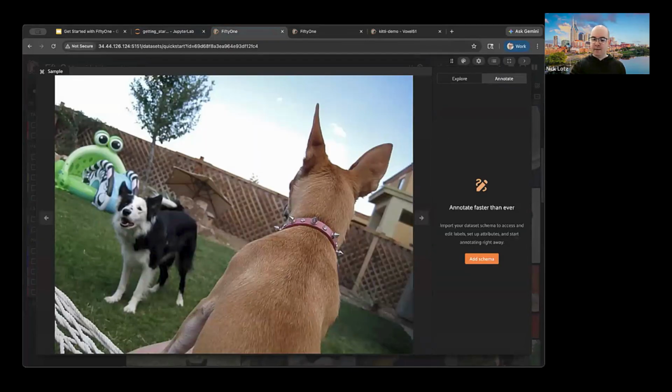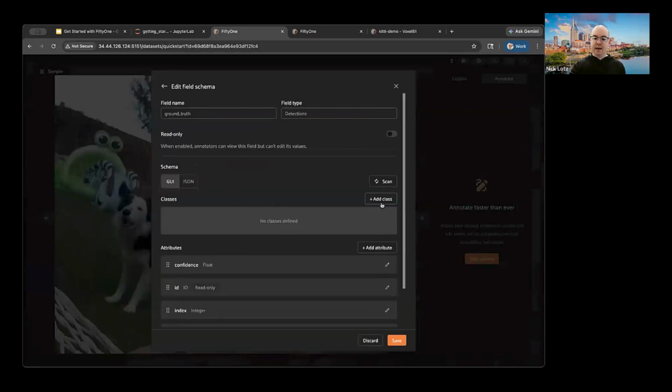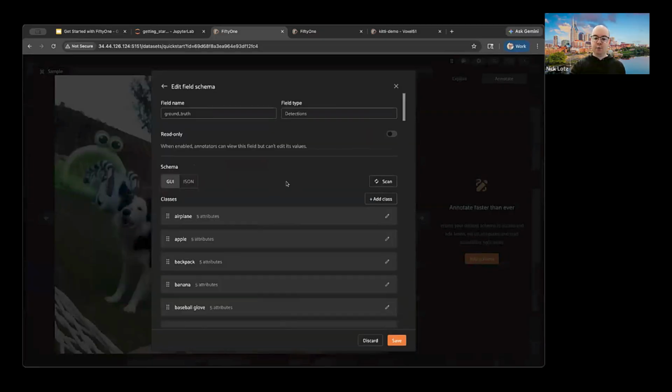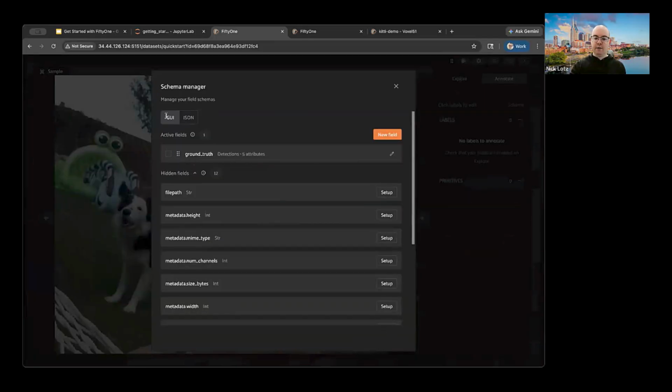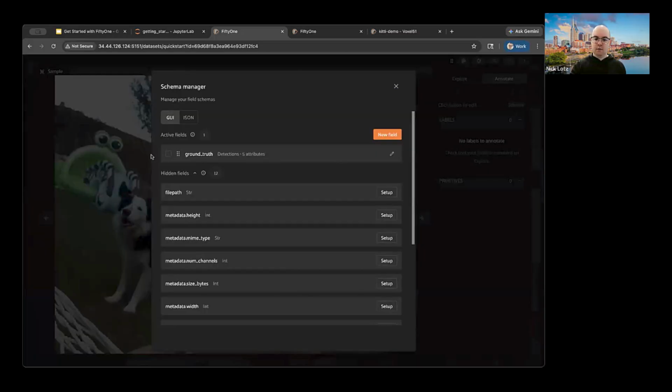And this annotate pane allows us to add a custom schema as a new label field, or to use an existing schema. So for example, we might say, hey, I found that our ground truth detections are wrong, and I want to adjust them. So now if I go back,